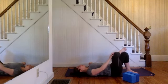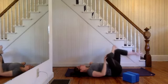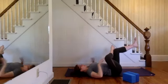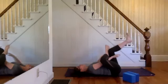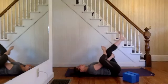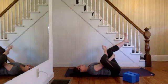For some of us, this might be enough. You can stay. If you'd like more of a stretch, you're gonna bring your left knee into your chest. If you look between your legs, there's like a little window. You're gonna reach your right arm between that window and then interlace your fingers behind the left hamstring. And you should feel a little bit of a hip stretch